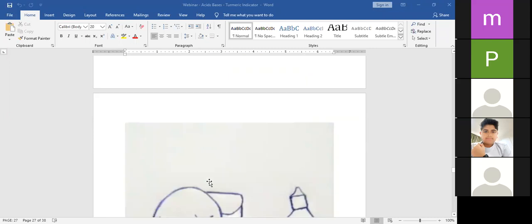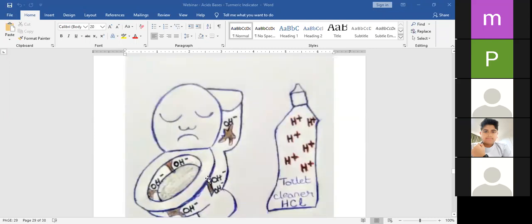So the next example is, look at this commode or the toilet. Usually we see that if you don't wash the commode for some days, it turns a yellowish cream color. Why does that happen? The water that we use has most of these basic salts, like maybe calcium salts or magnesium salts. Because the water that we get may be underground water, and these days the bore is around 1,000 meters in depth.